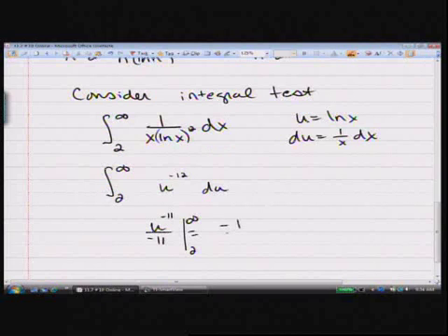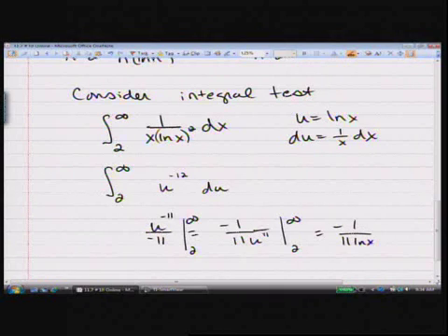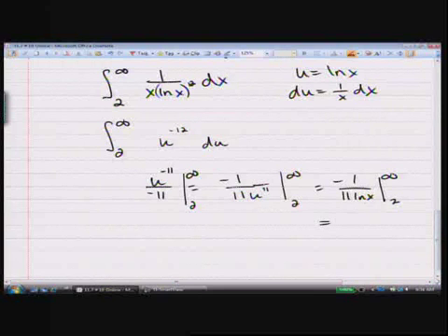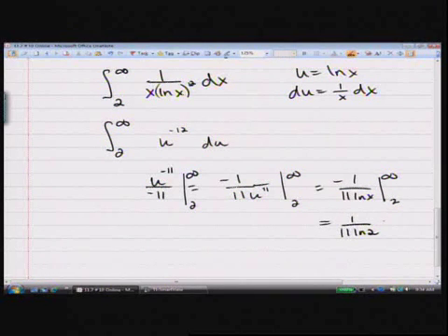So this is negative 1 over 11 u to the 11th from 2 to infinity, which is negative 1 over 11 ln x from 2 to infinity. That one's going to go to 0, so it's going to be 1 over 11 ln 2, right? Isn't it still just 11 ln x? Yes, it doesn't make a difference. But anyway, so the series